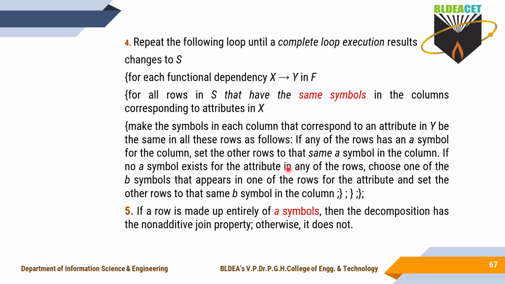So that's why you are changing according to that definition. You are changing to the a symbol in the column. If no a symbol exists for the attribute in any of the rows,